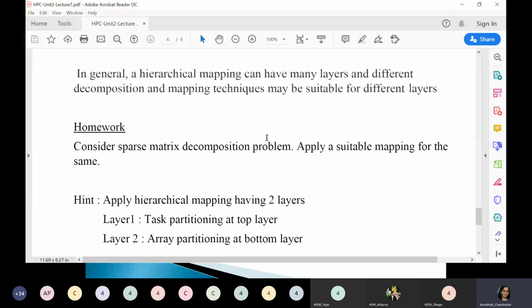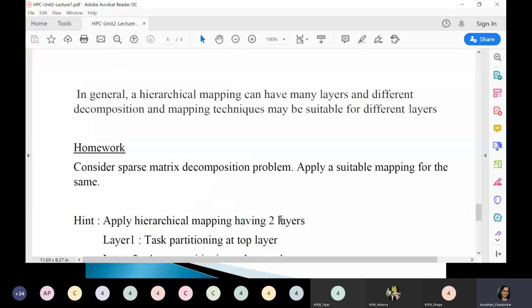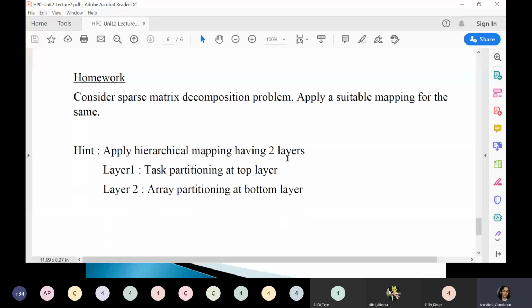Here obviously we are not combining anything, but to solve a problem like quick sort, each node is having a task. If you are sorting thousands and lakhs of elements, it is better you go hierarchical, from top to bottom, exactly opposite to the previous case. It is also using the task dependency graph only, but the difference is there. So many layers you can imagine.